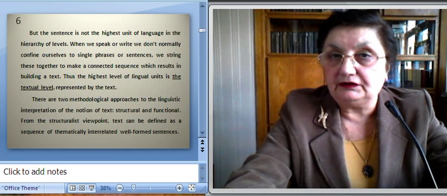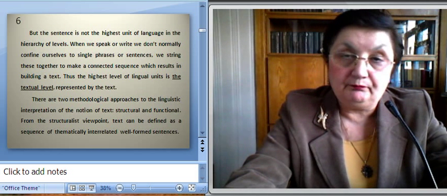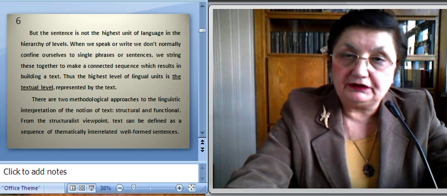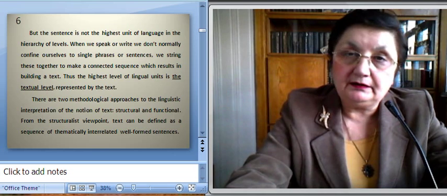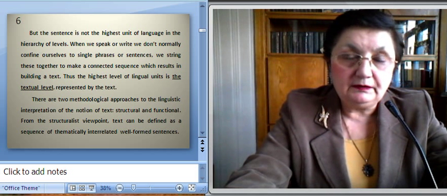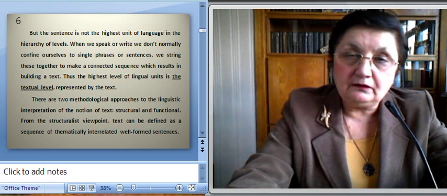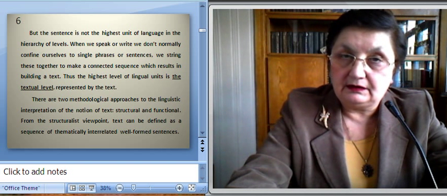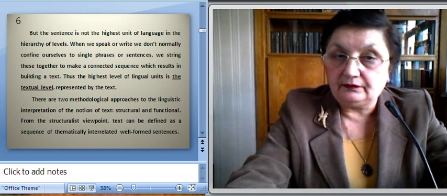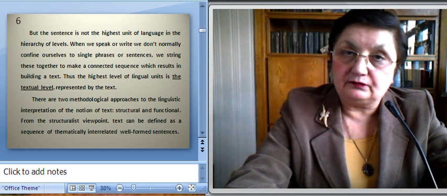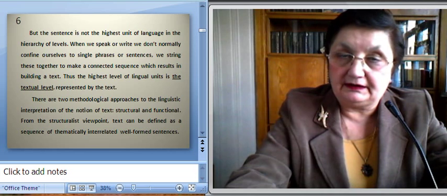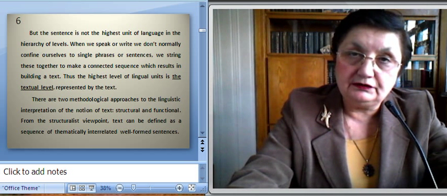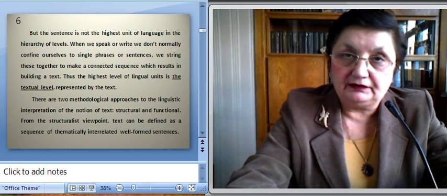But the sentence is not the highest unit of language in the hierarchy of levels. When we speak or write, we don't confine ourselves to single phrases or sentences. We string these together to make a connected sequence which results in building a text. Thus, the highest level of lingual units is the textual level represented by the text. There are